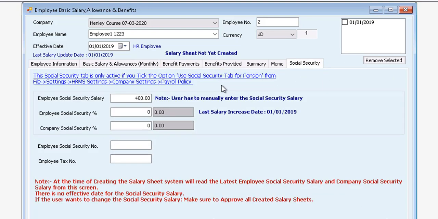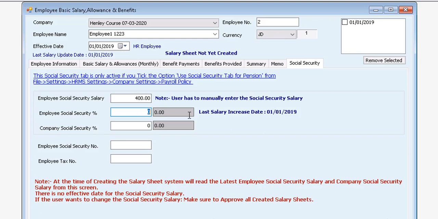By the way, also this is done for the first time only, so you don't need to do this every month, of course, for the sake of time and everything. It's just done one time, and then after you finish that one time, it will be calculated automatically every month in the salary sheet. So after I mentioned here that the total salary and the Social Security salary is 400,